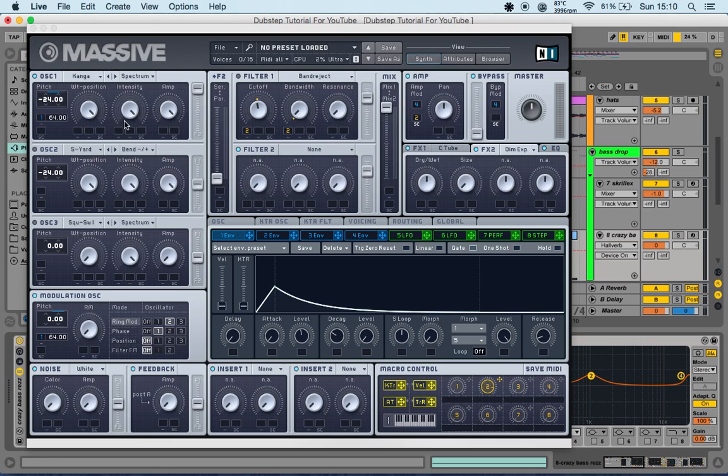Right, so just initialize your patch. I'm not going to do it for this sake, because I'm going to give the preset in the download, so people can just have it, or they can recreate it, or tweak it, or whatever you want to do with it. But it consists of one oscillator, which is a Kangaroo oscillator with the wavetable all the way up, intensity all the way up, and the amp all the way up. Drop down 2 octaves, so minus 24,